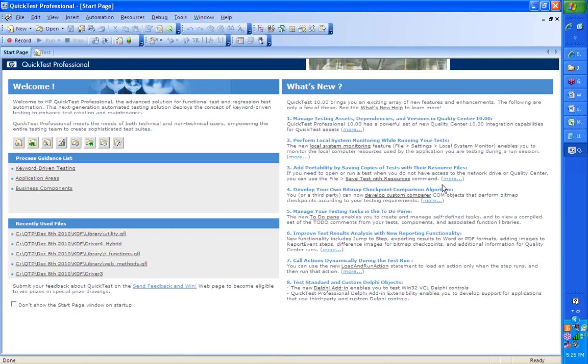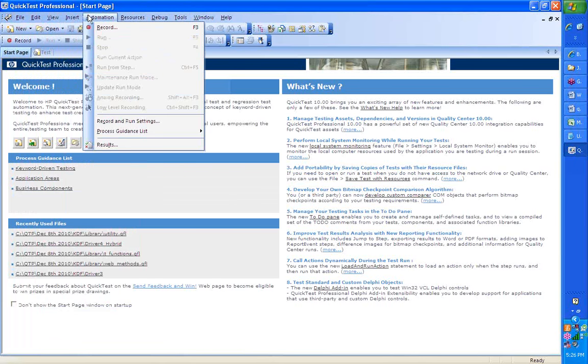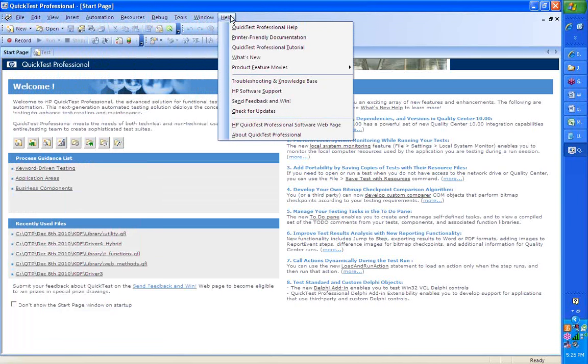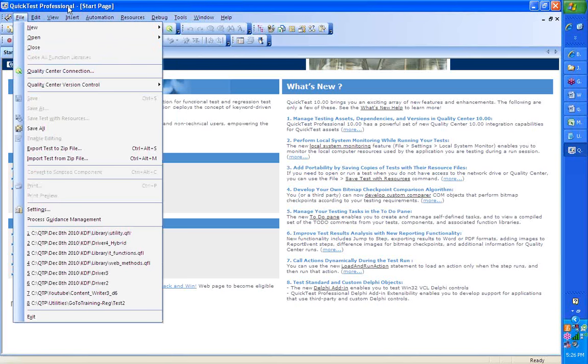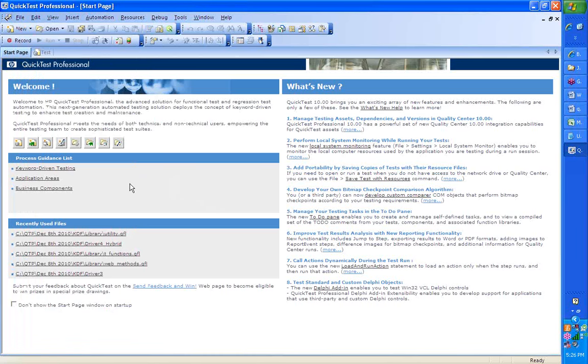Alright team, now what you see is the first UI of the tool, the user interface, the initial starting page. What kind of a UI are you seeing? You're seeing a UI just like any other Windows application. You see a menu bar with different sets of features. How we work with each of these features is what we're going to learn. As we go along, you will learn everything in a very practical manner, team. I will not explain anything in a theoretical manner, saying this is the thing, this is the thing. No. I will show you a need, and then I'll show you how we can solve that need